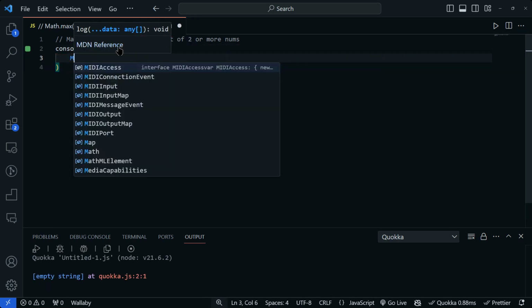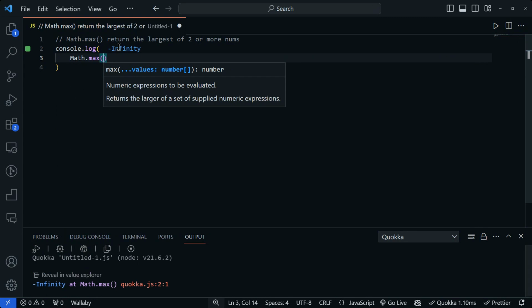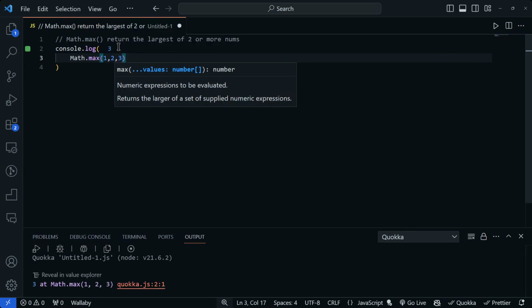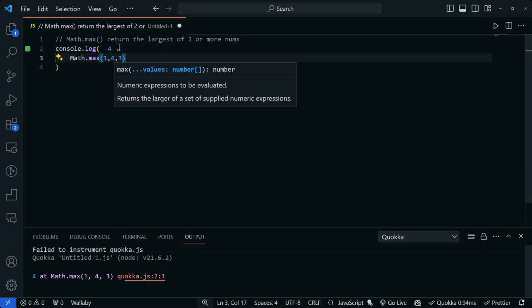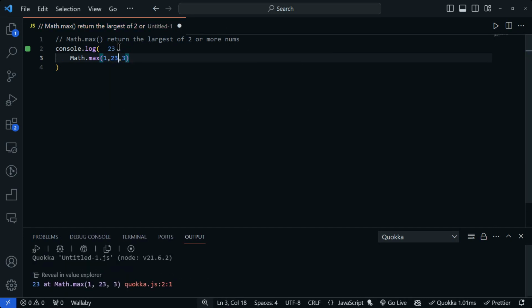console.log Math.max. And here, let's say I give it three numbers, then it returns the largest number. Okay, so that's simple enough. And now let's try to actually implement our function of returning the largest of the two or more numbers. So let's say